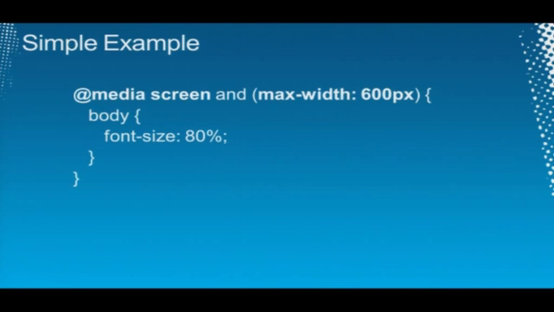So the first example here is a real simple example. This is what it looks like when you establish a media query. The first thing you do is define the media that you're going to use as part of your query, which this one is screen, and typically the one you'll use is screen. But then you also have the query itself. So here, for example, we have max width is 600 pixels. So what we're saying is if the maximum width of this device is 600 pixels, then go ahead and do something. And in this instance, we're telling any body text to have a font size of 80%